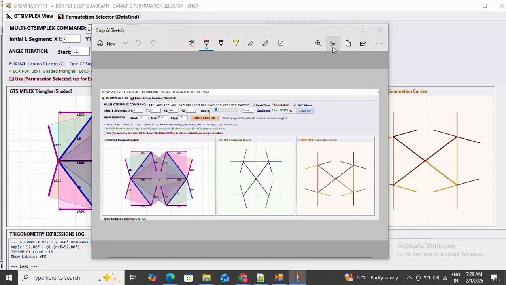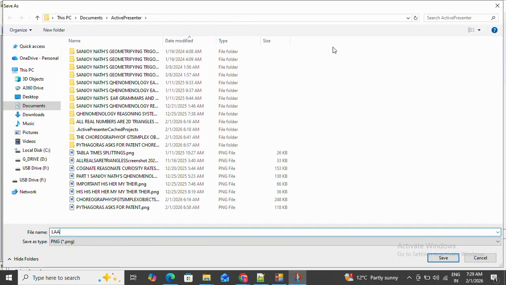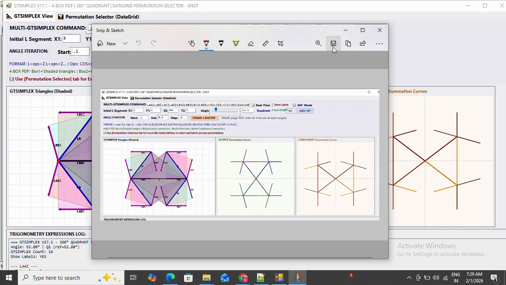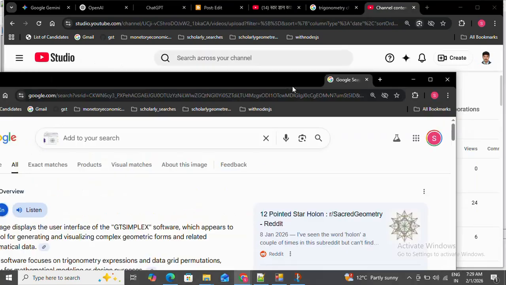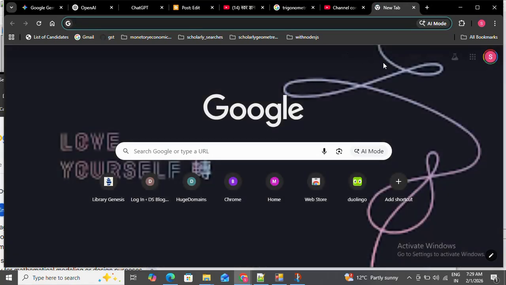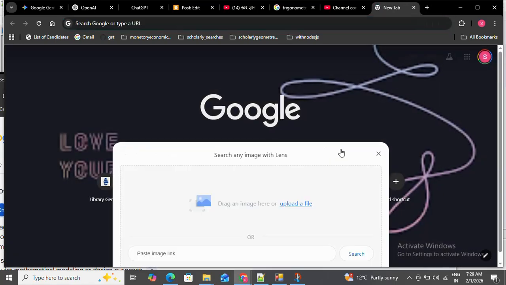Say LAAZ and other permutes. Then if we go to Google and search with our image searches, say if we search with the images here, then we see